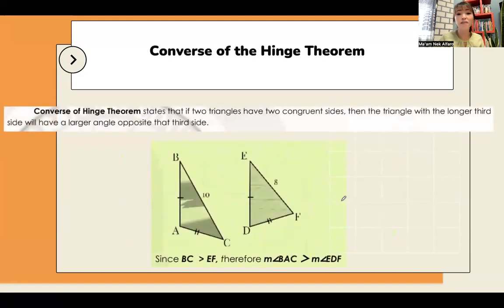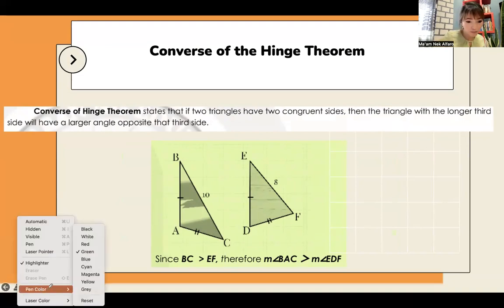Next, let us have the converse of the hinge theorem. It states that if two triangles have two congruent sides, then the triangle with the longer third side will have a larger angle opposite that third side. For example,